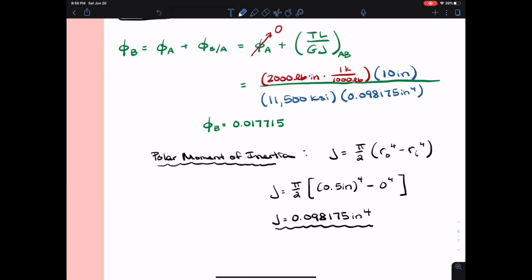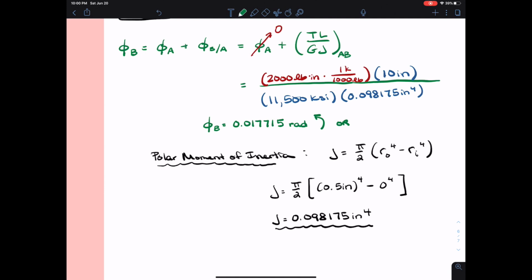Now, what is that, right? Well, I see kips cancel with kips. Let's see, pounds, pounds, inch, inch. If I do a unit analysis, I see that this number has no units. But when we talk about angle of twist, when it has no units, that means it's in terms of radians. And so when we do this calculation, we should end up with a unitless number, but that just means